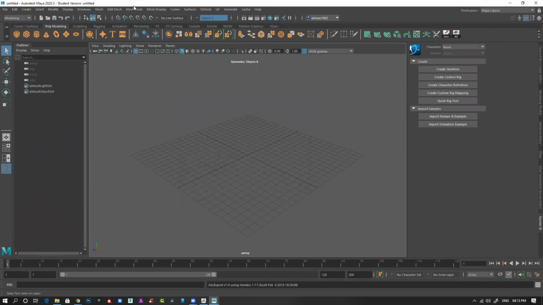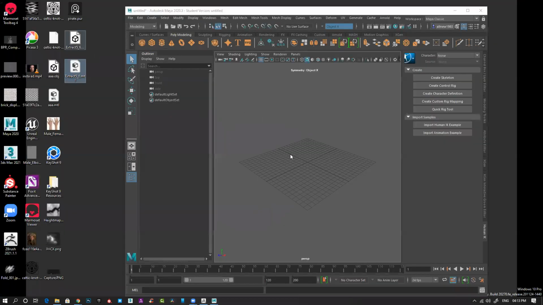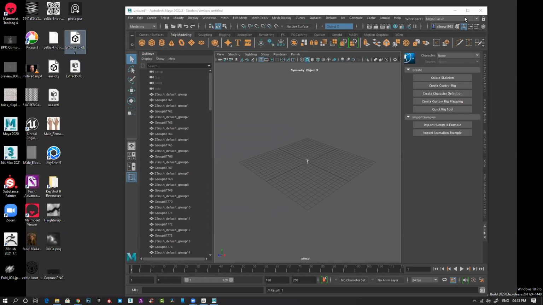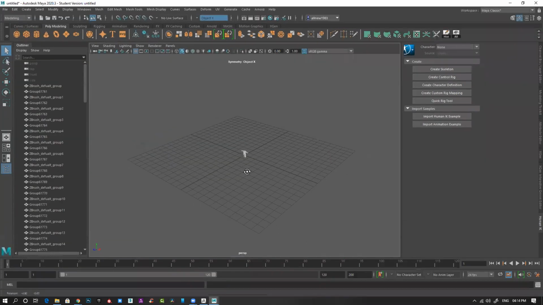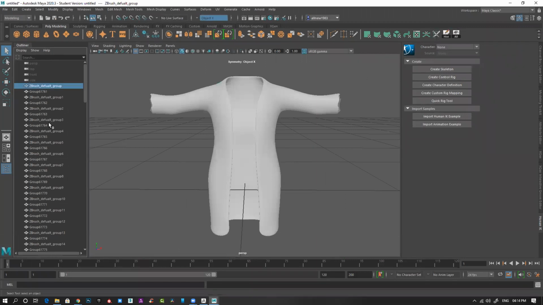Okay, open. I've exported the lowest division of the model from ZBrush. Imported. So this is the step. You see, this is thousands of polygons.